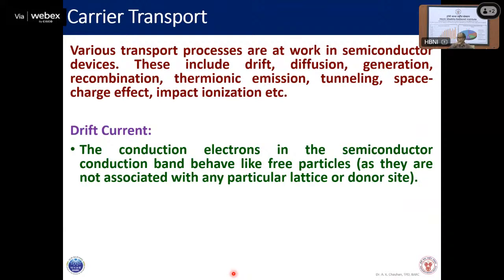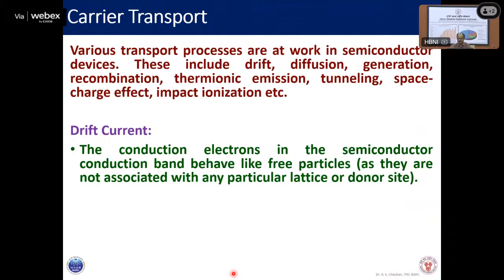So there you are not applying any potential. So this is free. It can move left, it can move right, it can move up, it can move down. However, if you integrate over a period of time, maybe over a long period of time, you will see the net motion is absolutely zero in the absence of any potential. So when nothing is associated, then it can have a random motion up, down, top, bottom, but it will not